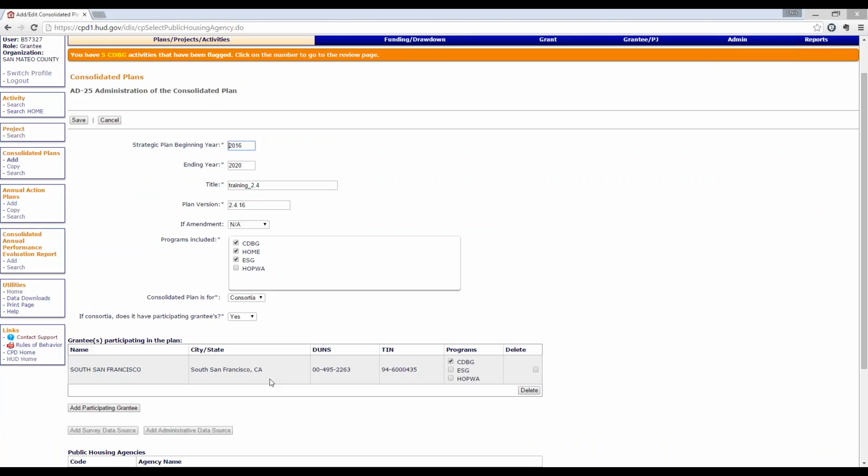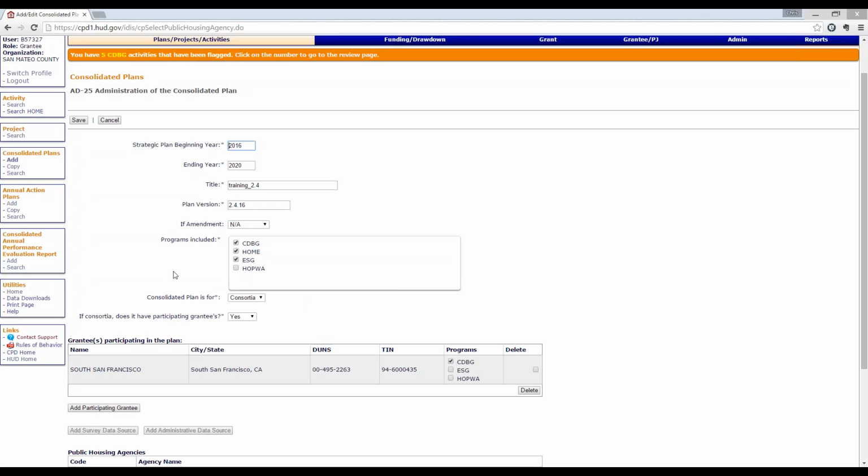Once this screen is complete, and really I urge you, double check it, triple check it. Most of this information cannot be changed once you create your template. Probably 2 or 3 times a week, I will get a phone call or an email from a grantee saying, I forgot to check that we received ESG, or I forgot to add a participating grantee. I'm halfway done with my comp plan. Is there a way to retroactively add it? No, you'll need to start over. So really make sure that this screen is correct and perfect before you click Save.